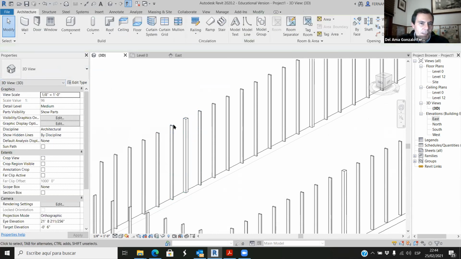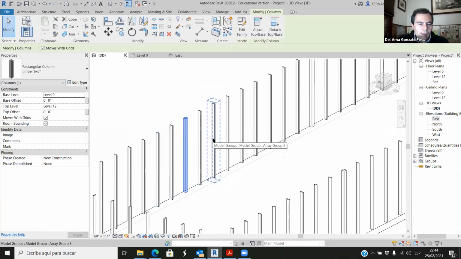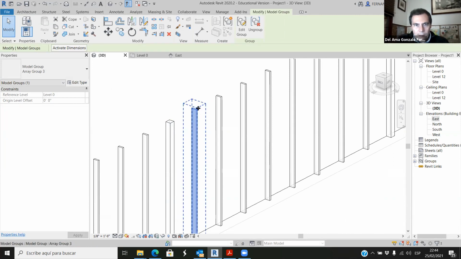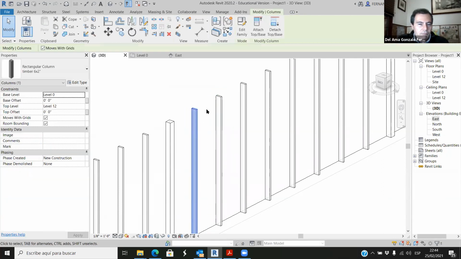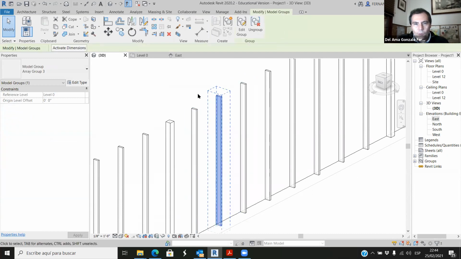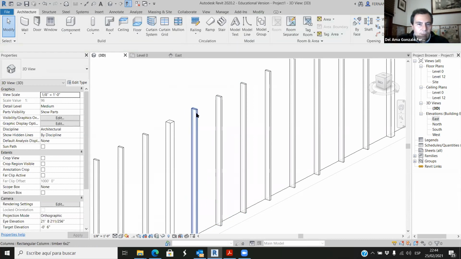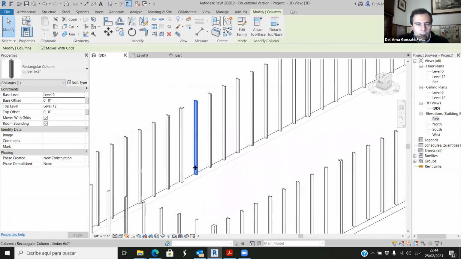Sometimes it's useful having all these elements being part of a group. Sometimes we need individual elements. Anyway, if we want to individualize this stat, we can always ungroup this. And now it's an individual. It's not a part of this group anymore. Is it interesting? It might be interesting because now we can work with this